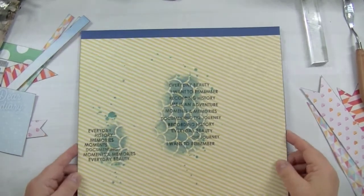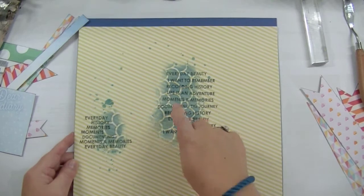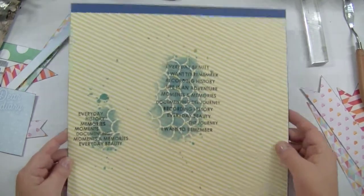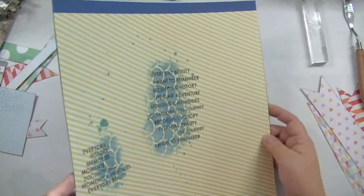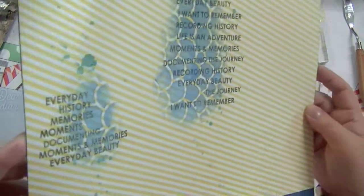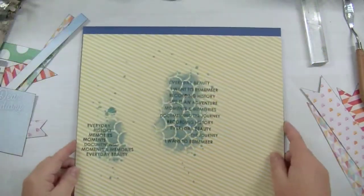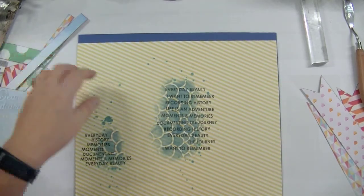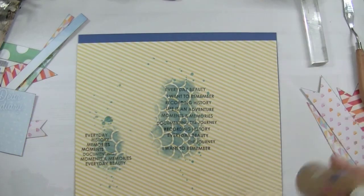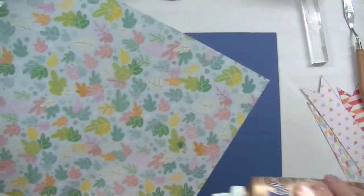So I've got this really nice blue color going on the background and here also. So then I get the really nice shade repeated there. Can you see that shine that creates, that blue tone there? That stenciled one, I really love that one. So now I'm just going to adhere all these pieces together and then finish the layout with adding some decoration